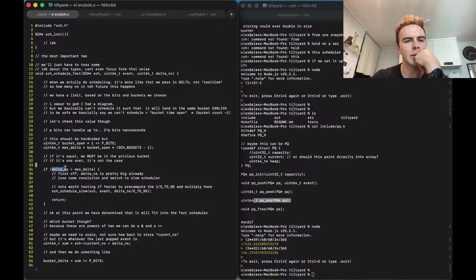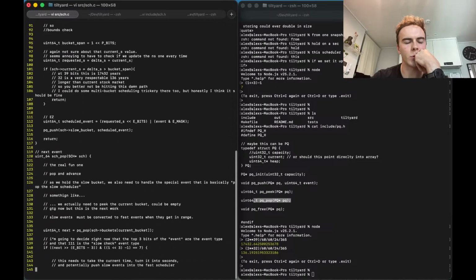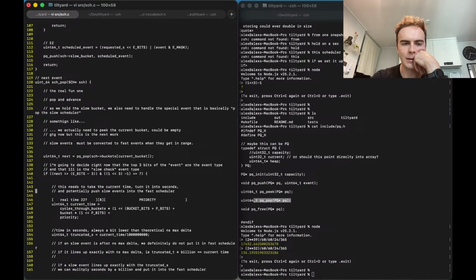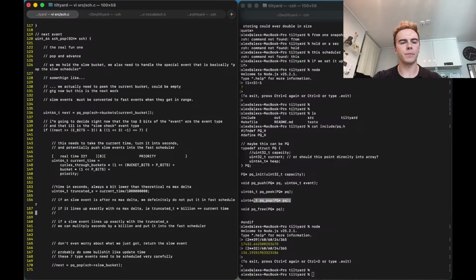What is delta nanoseconds? Okay, good. So we aren't reading it directly from event. Never mind, I was just worried about something. If we schedule it at the same value, this is kind of hacky, but it actually works. This is weird and relies on slow check equals 7, but it will work